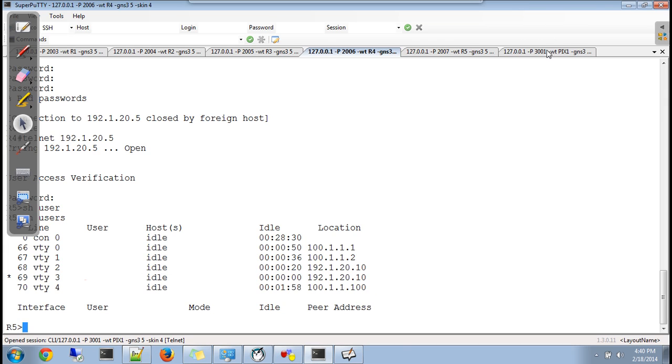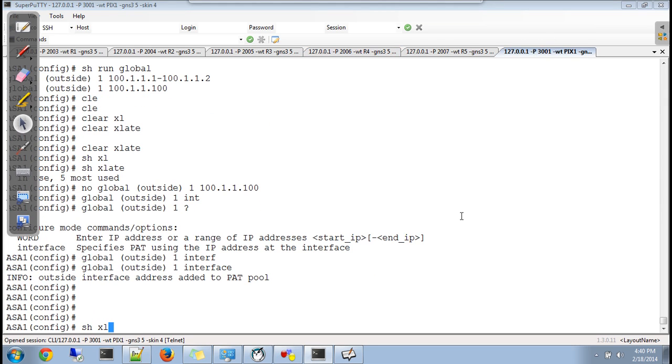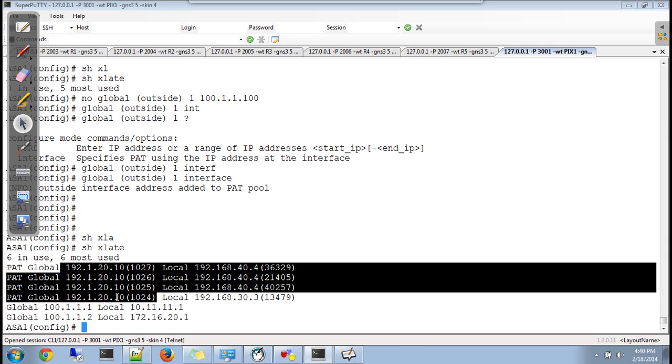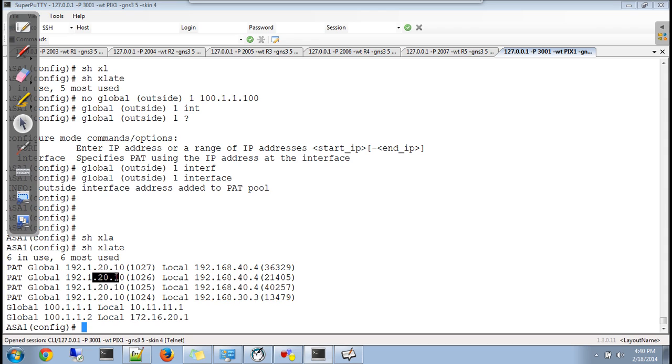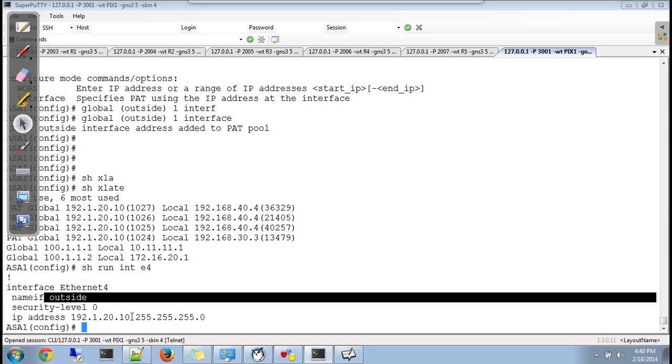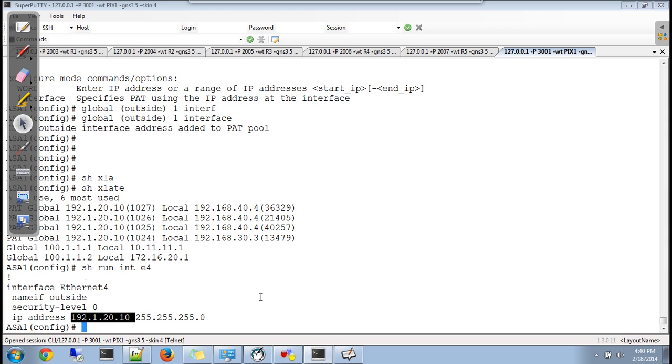If you go to the firewall and say show xlate, it will show the translations being done to 192.1.20.10, which is the IP address of your outside interface. So everyone gets PATed. See, everywhere you see the same IP, but the port numbers are different.